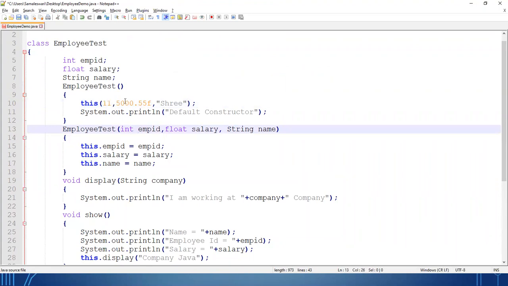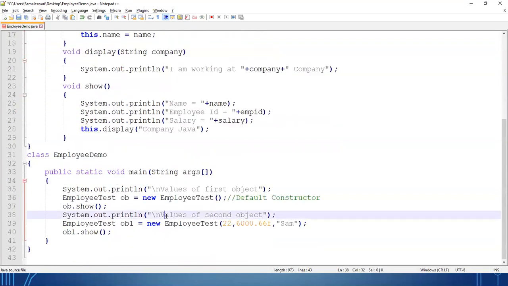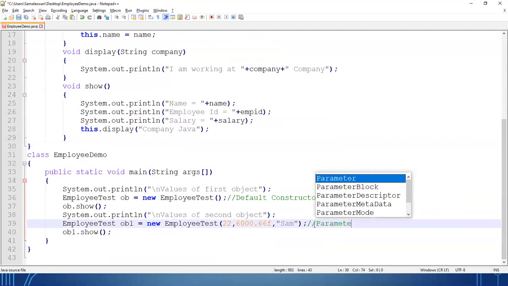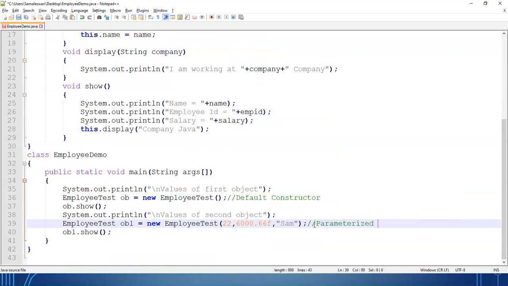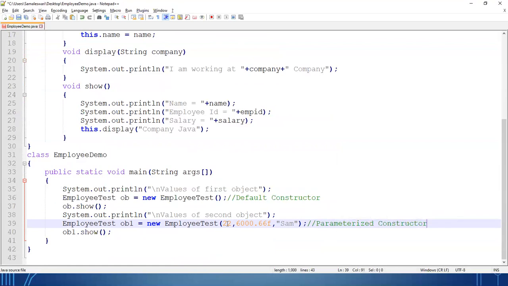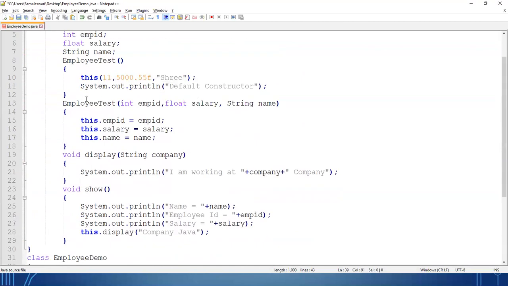So indirectly, by using this keyword, I am using the parameterized constructor to initialize the instance variables. For the second object, I am calling the parameterized constructor directly. So for ob1, it will call the parameterized constructor and the values will be initialized.